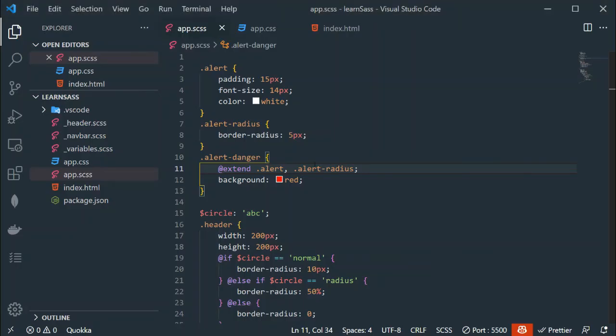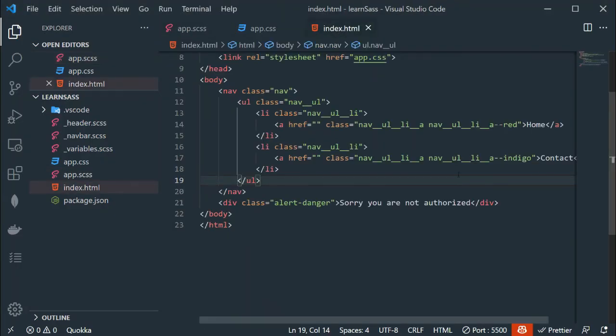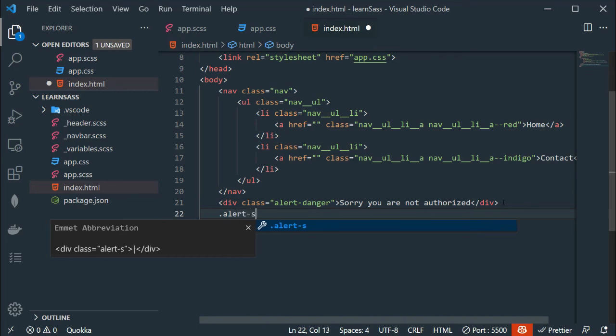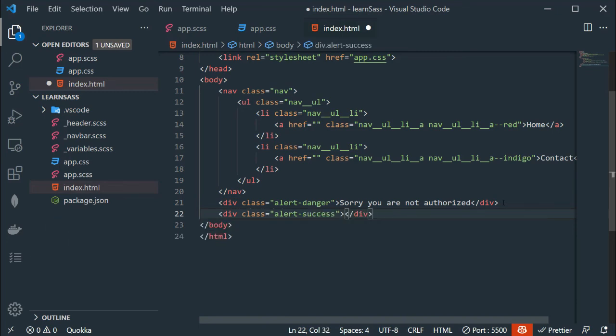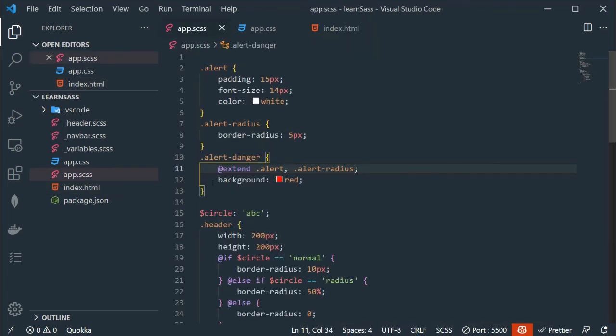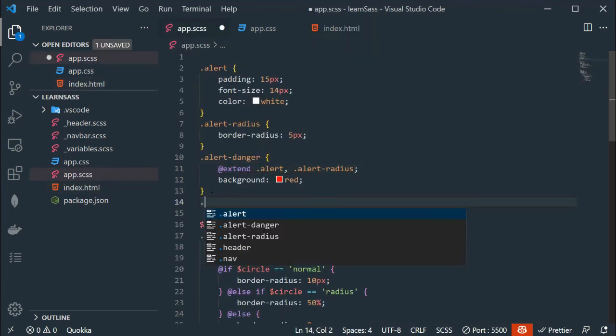As you can see we have this slight radius. Understand? Now go back to index.html. I am going to create another class, alert success, and this will have a message, your account has been created. Save the file, go to app.scss. Let me target alert dash success.